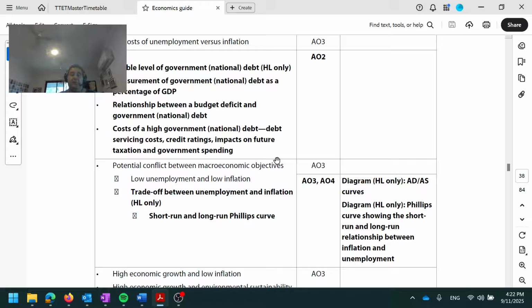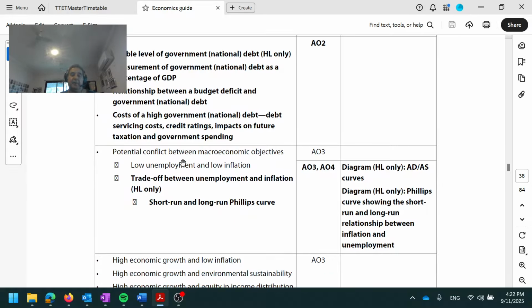Right. The potential conflict between macroeconomic objectives is really important for Paper 1, Part B. We know how important it was for your IA. Most of you did monetary policy. We're looking at cutting interest rates to stimulate the economy, with the danger that inflation might reignite, and that is something we're currently experiencing. So that would be a great